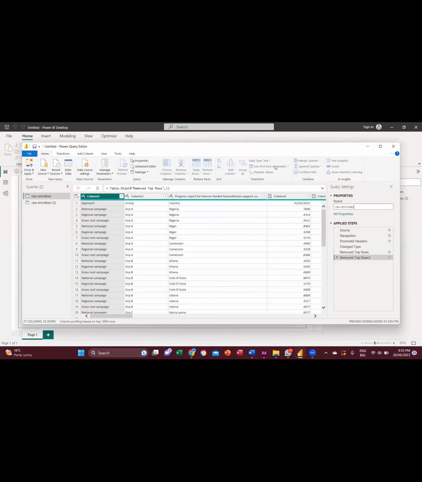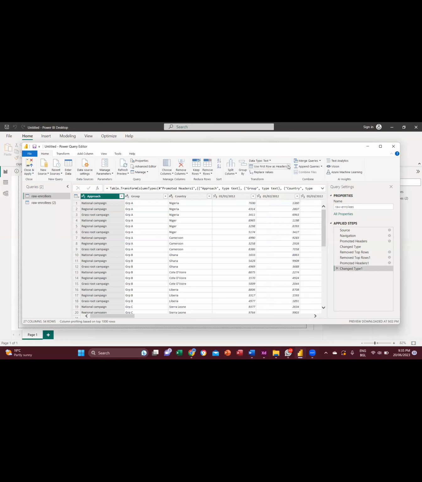It's not responding. Okay, you know why it's not responding? You are under properties, under name. So just hit enter. Oh, good. So go ahead and click it. Yes, use first row as headers. Okay, you have done that. Good. So now just go ahead and unpivot those other months